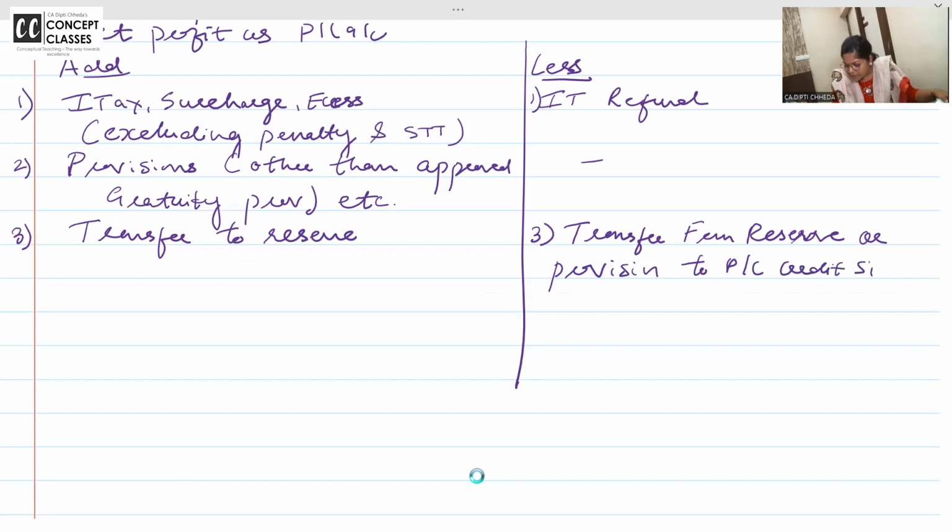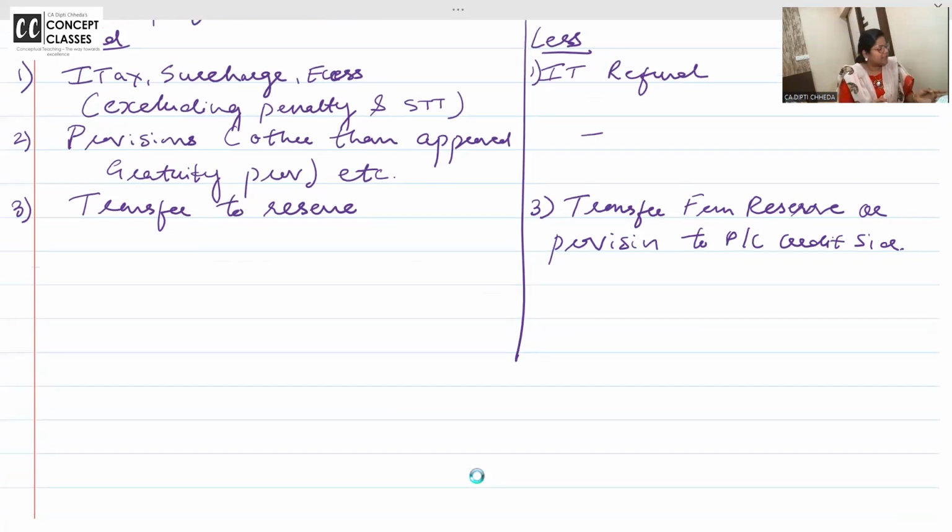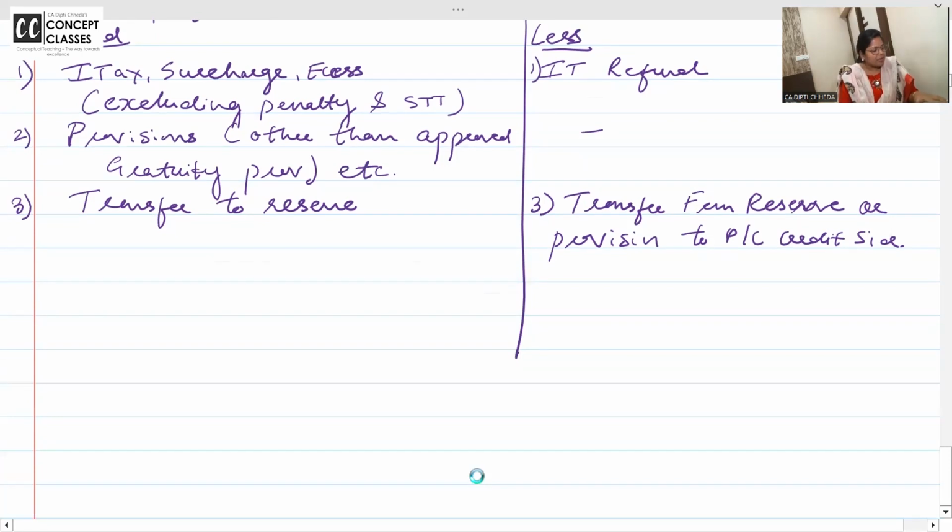Remove it. See, suppose I have transferred from general reserve to P&L account 5 rupees. This 5 rupees P&L account credit side is a part of net profit, but is it my business income? No. So picturize the T format as I gave example yesterday in detail. इसको minus कर दो. Next, now come on the debit side, and fourth item you write down, provision